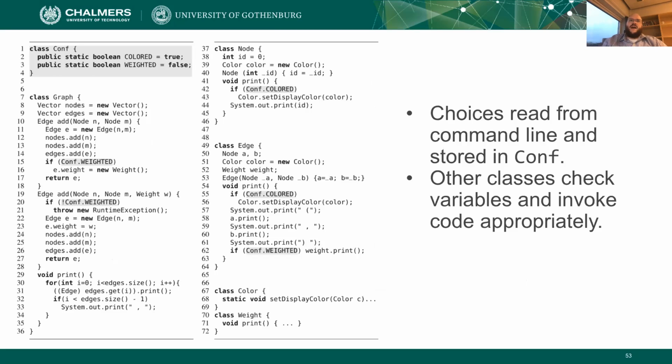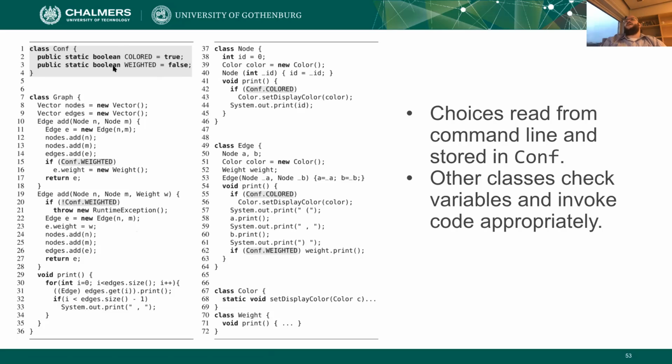This is pretty simple. It has its benefits and drawbacks, right? So we've got a graph example here of two configurable features, weighted and colored, implemented as global configuration parameters. At some point we've read in whether we're including these features, colored or weighted, or not, and we've set those. Right now our default is true for colored and false for weighted, but when we read in our configuration file at load time, or if we take a command at runtime, we can go through and